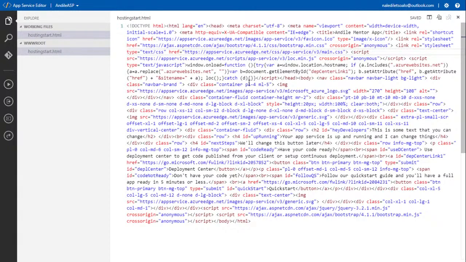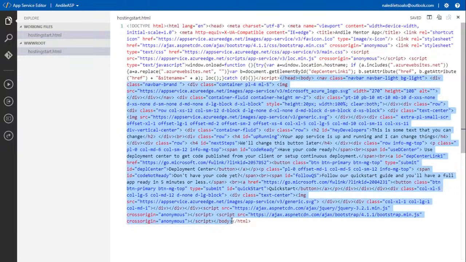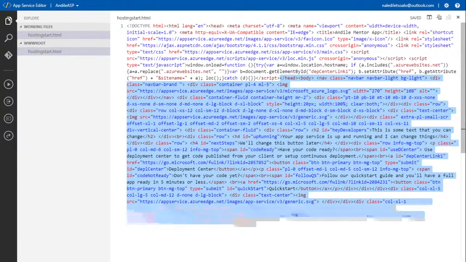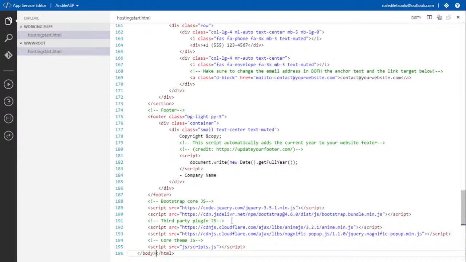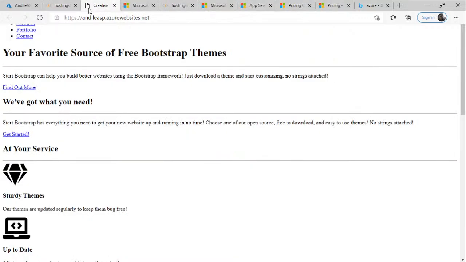And because I said I'm copying from head, it might be in my best interest to look for the head. Where is head in this instance? There we go. And we find head, and we want to go all the way to body, which might not be such a great idea, but we'll see. All right, so there you go. I've changed everything. It was still a dirty copy paste.